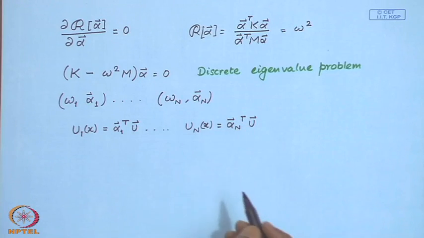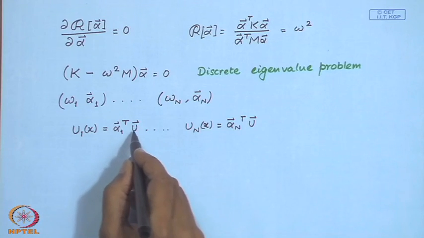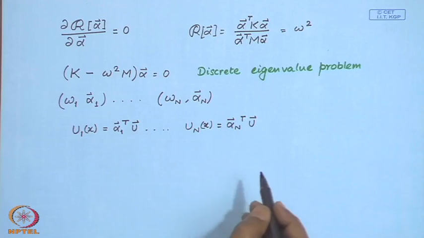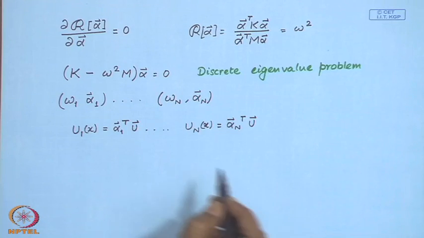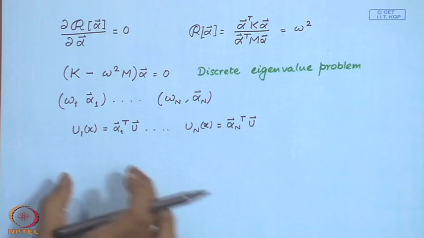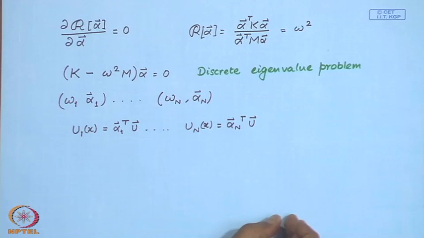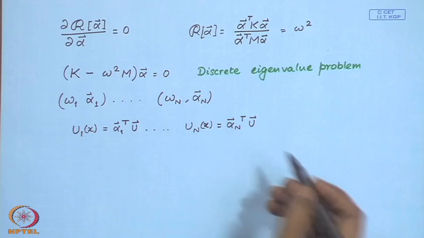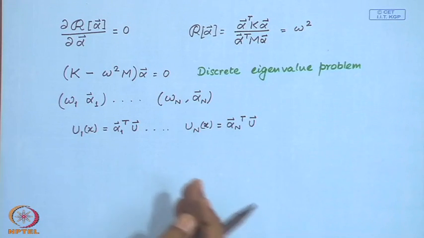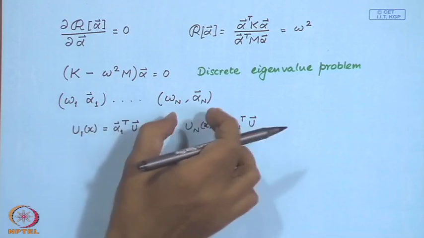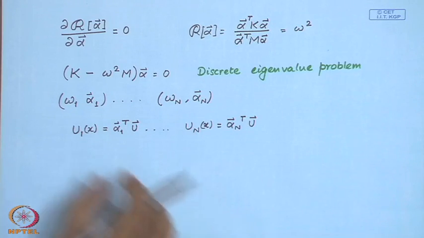Using those basis functions, basis function vectors, vector u. So, using the Rayleigh-Ritz method, we can find out not only the fundamental, but higher modes of vibration. Now, as a thumb rule, because the accuracy of these various modes will be different,